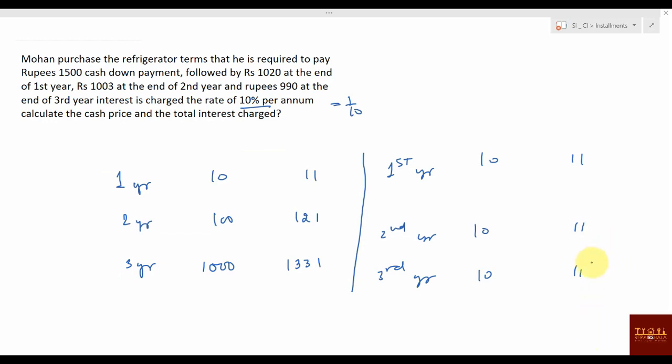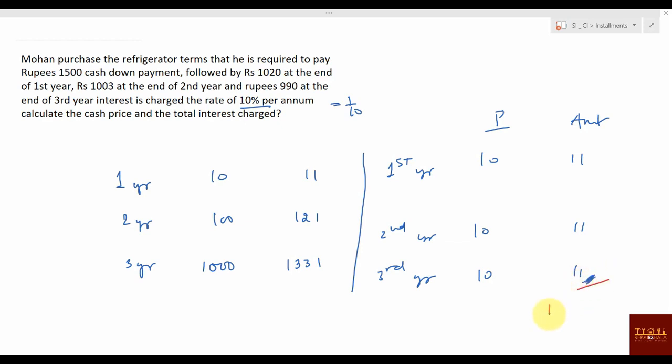What I'm saying now is that this value which you pay here at last, what is this? Amount? Yes or no? If this is principal, this is amount. And this amount only you pay as an installment, right? Do you pay principal as an installment? Amount only. When you add the interest to whatever principal is there, that is what you will be paying as the installment. And this is at the end of the third year.